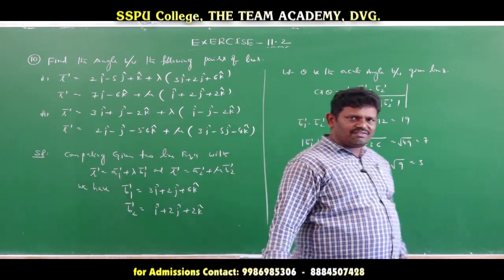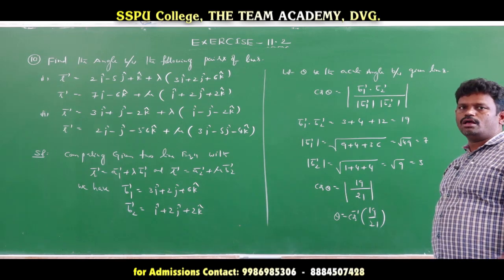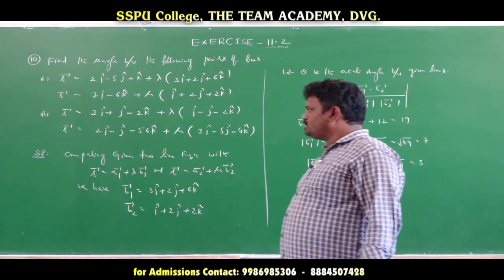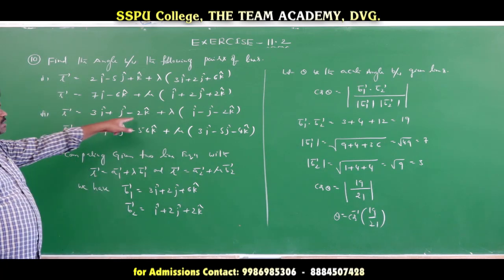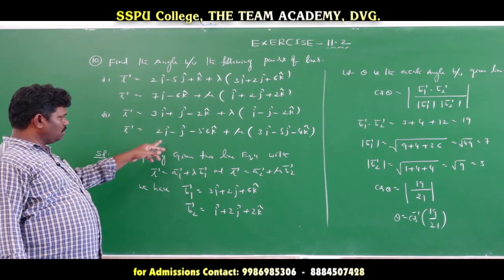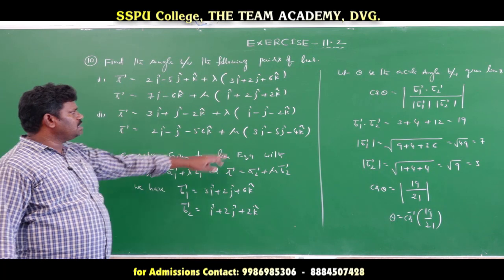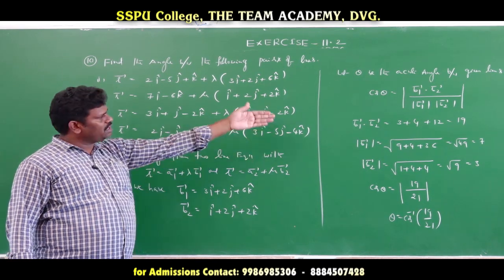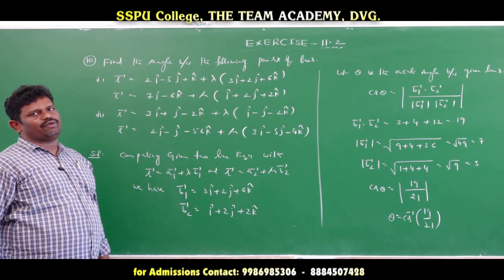So this was also explained in the previous question; there is a same example problem also with this type of question. Okay? So this is the angle between the 2 lines. And again the second one, Sima, same form: R bar is equal to A1 bar plus lambda into B1 bar, and R bar is equal to A2 bar plus lambda into B2 bar. Same here also, we consider this is B1 and this is B2. Then similarly we apply the same condition to find the angle between those 2 vectors.